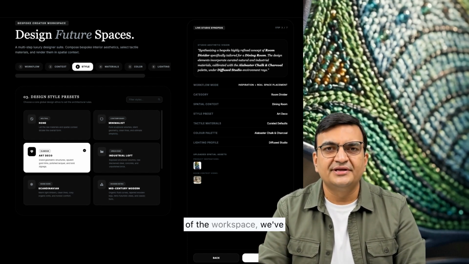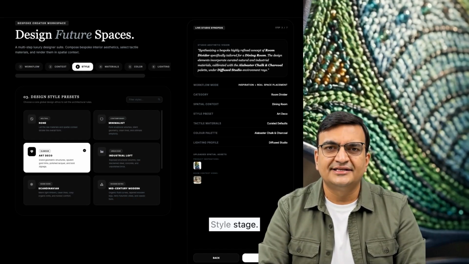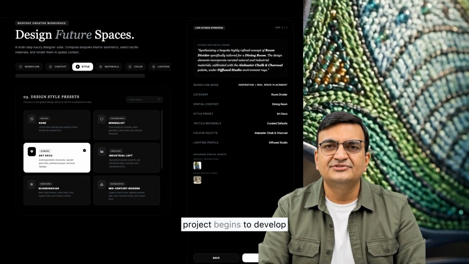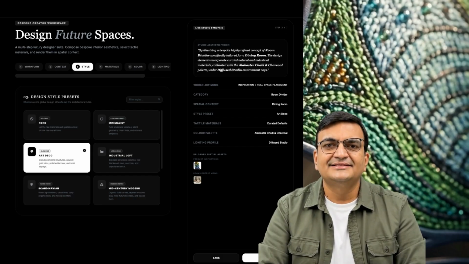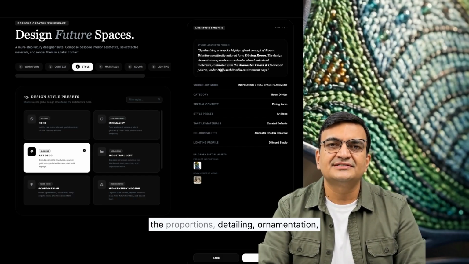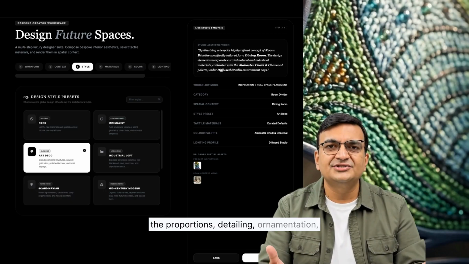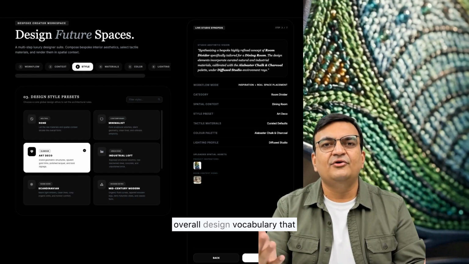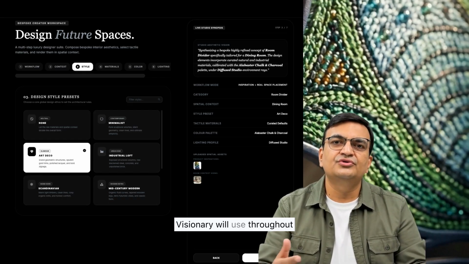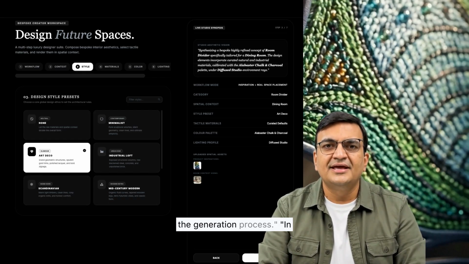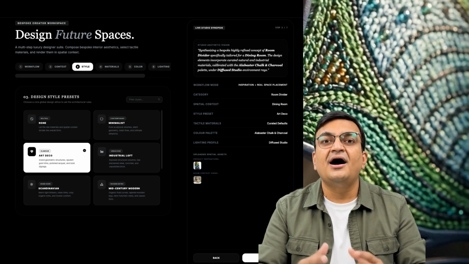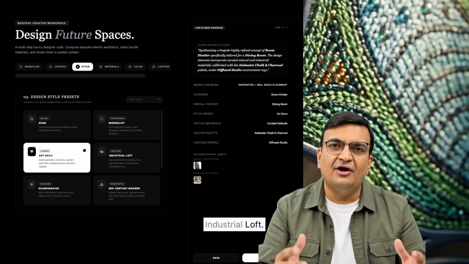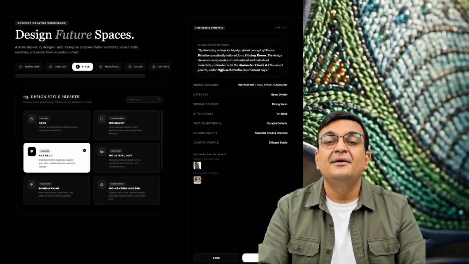At the top of the workspace, we've now progressed into the style stage. This is where the project begins to develop its visual identity. The selected style influences the proportions, detailing, ornamentation, materials, textures, forms, and overall design vocabulary that Visionary will use throughout the generation process. In this example, you'll see several available style directions: modern, minimalist, art deco, industrial loft, Scandinavian, mid-century